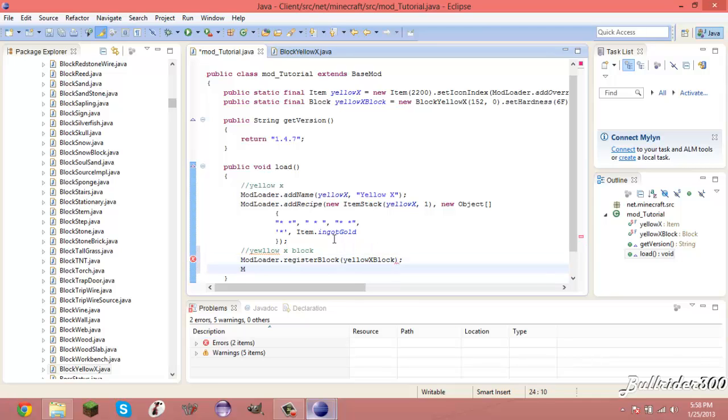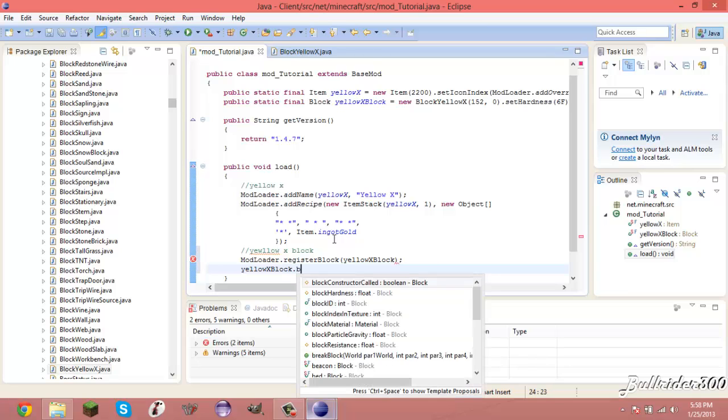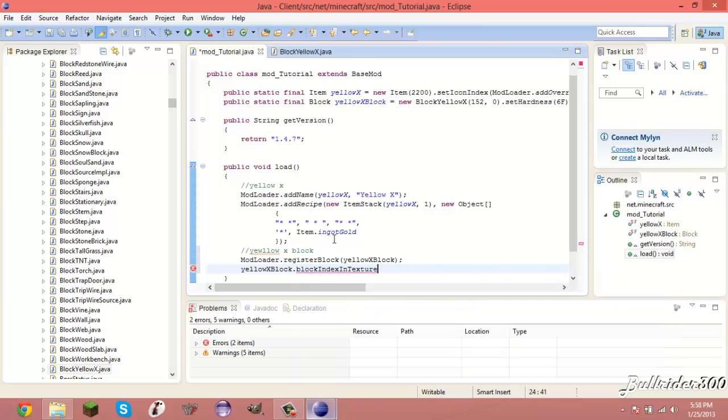And I'm gonna put your semicolon, and then yellowXBlock.blockIndexInTexture equals mod